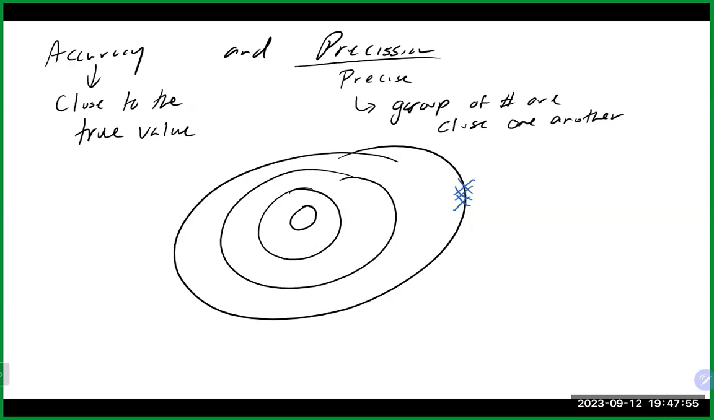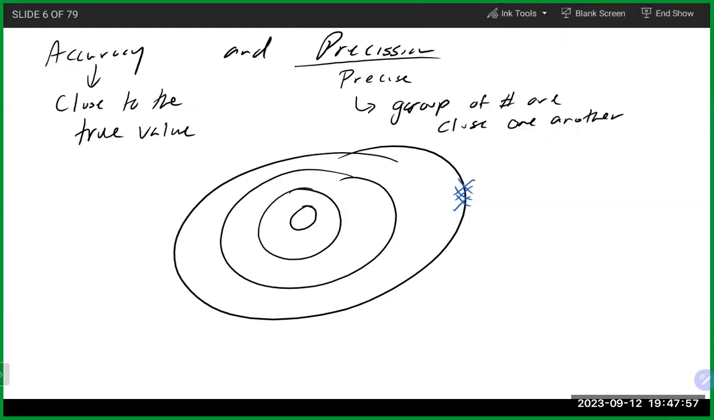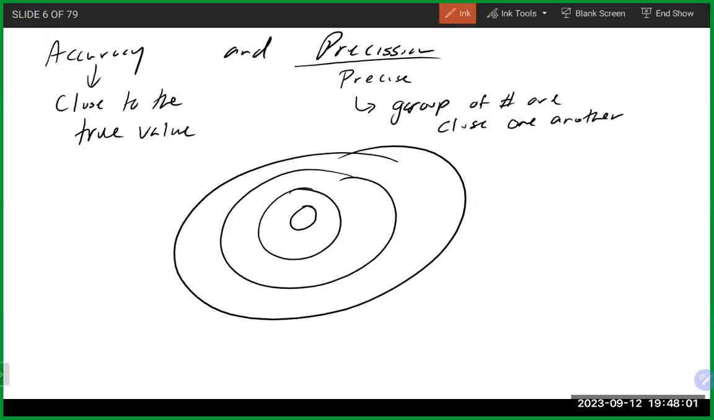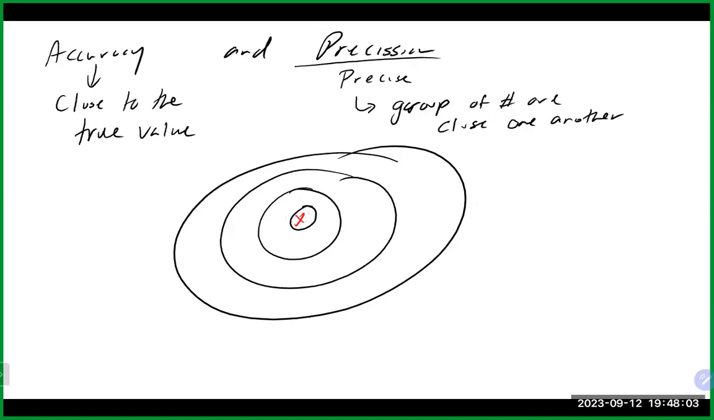Now I go triple or nothing here. Get rid of my darts, pick up my darts, and I lay my darts in there. And boom, boom, boom. Am I accurate? Am I precise? Yeah. So when we do measurements and we do experiments, we want to be both of